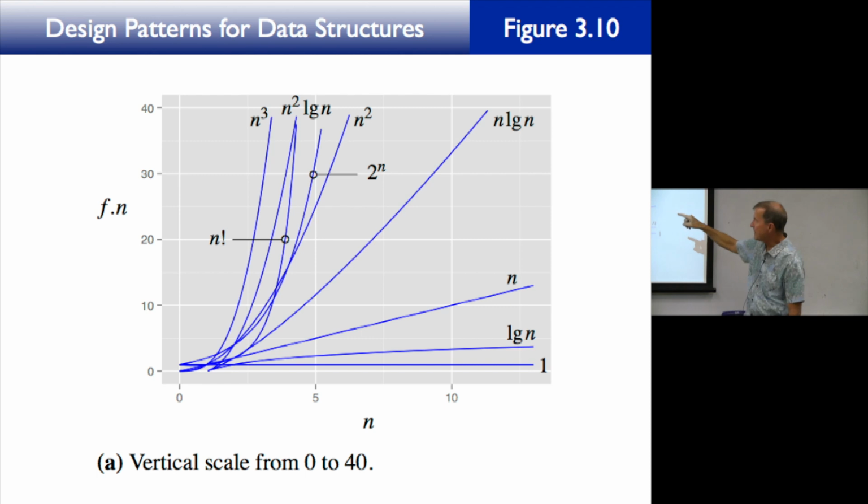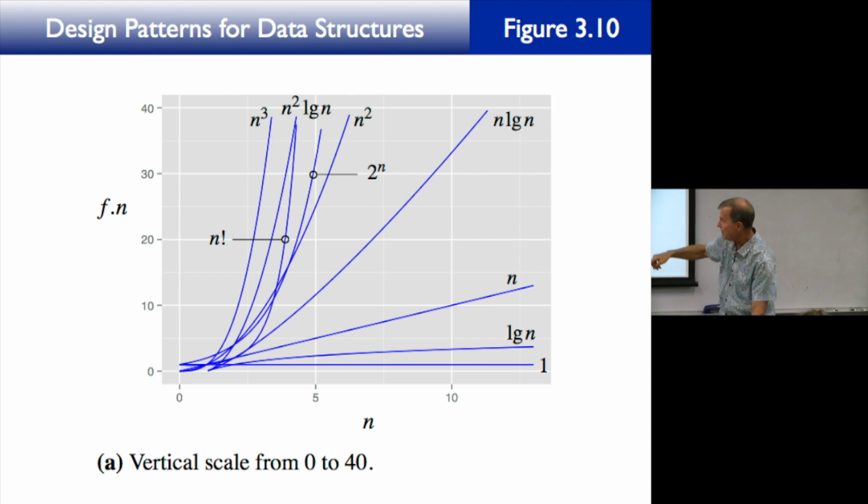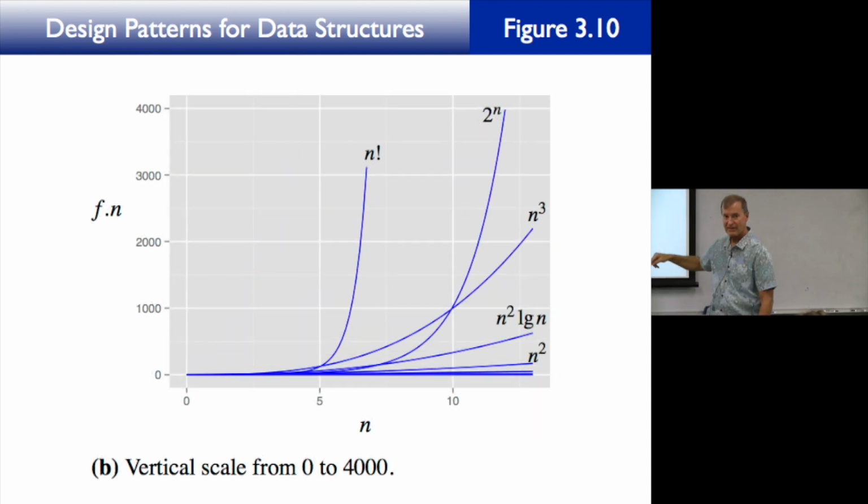Now, on this scale, it looks like 2 to the n is maybe better than, what? Maybe n squared log n. It looks like it's better than n cubed, you know? But watch this. If you do this scale from, instead of doing from 0 to 40, if you do this scale from 0 to 4,000,